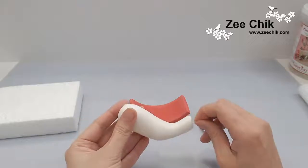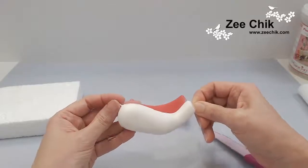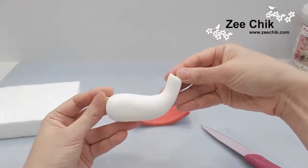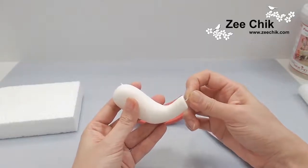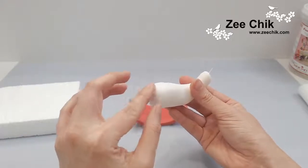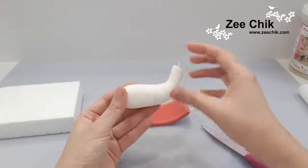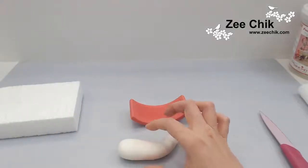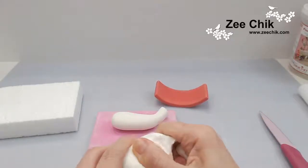And sometimes you can, let me show you actually. If you poke it out like this, you can hold on to your wire and then you can push it more and change the shape. Once you've done that, pull your wire back in and then close that. The tail is going to be there anyway, so it doesn't matter. Okay, so I am quite happy with that. So I'm going to leave this on the side to rest, to firm up. Then now we will move on to...